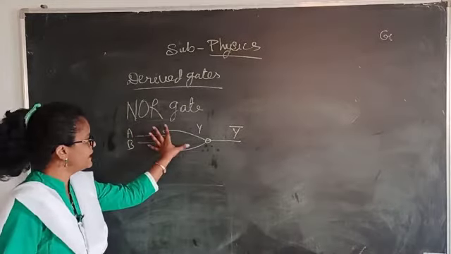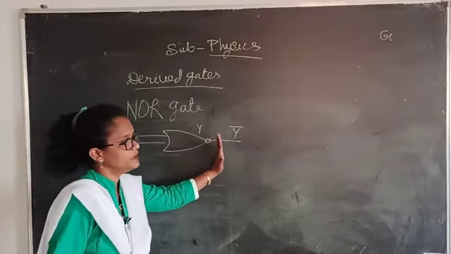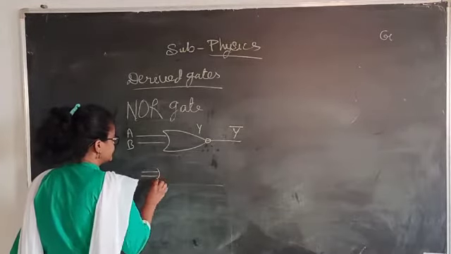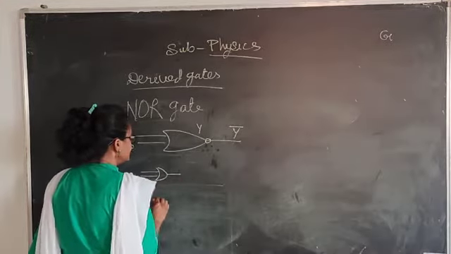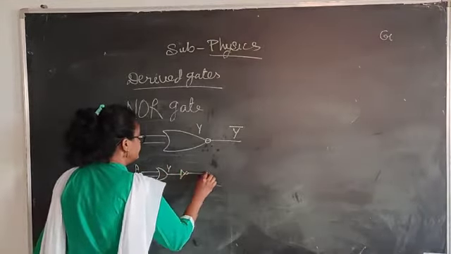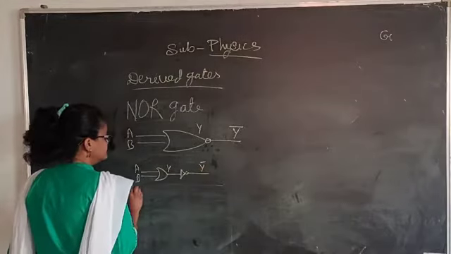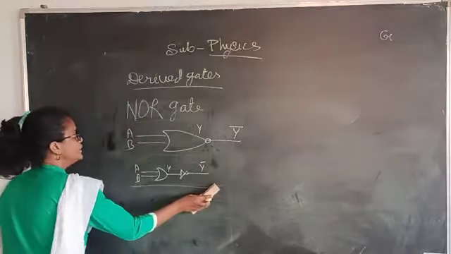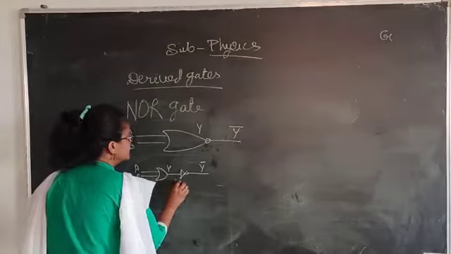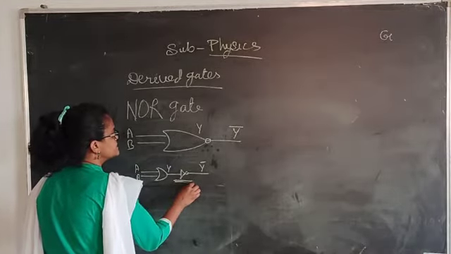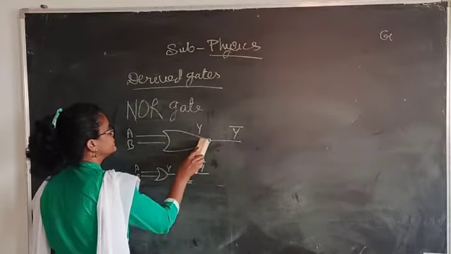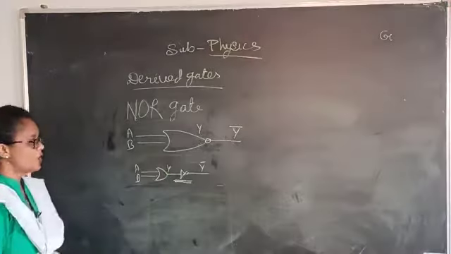Here also simply the NOR gate is the negation of the OR gate. Simply you can have your OR gate, in front of your OR gate you put a NOT, and that becomes the NOR. Simply you can even draw this like this. This is your NOR, A, B, Y. You put your NOT over here, and this becomes Y bar. This is the simplified form. Again, this is a NOR gate, isn't it? What we had done is this NOT is substituted by this bubble sign. Okay, this bubble we have drawn over here. Okay, so this is your OR.